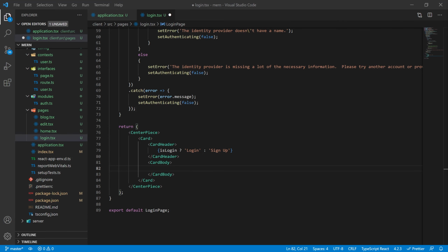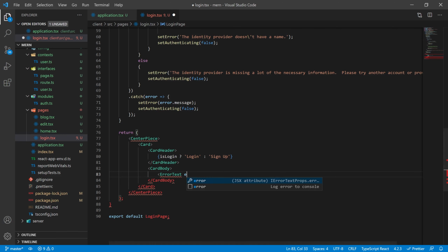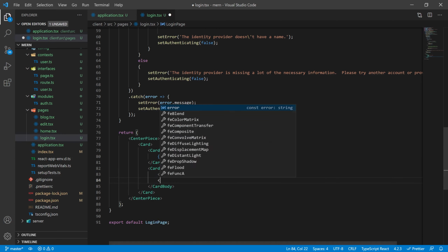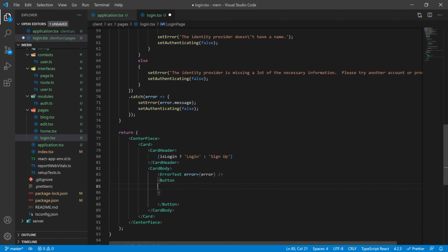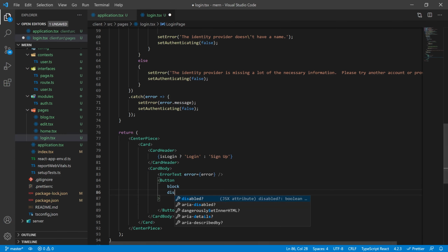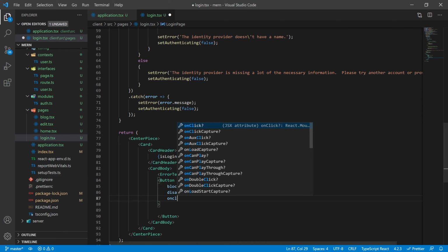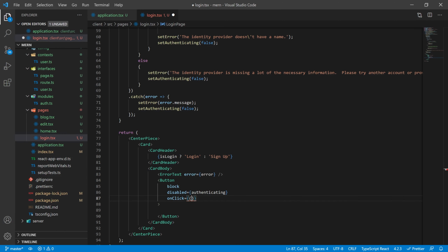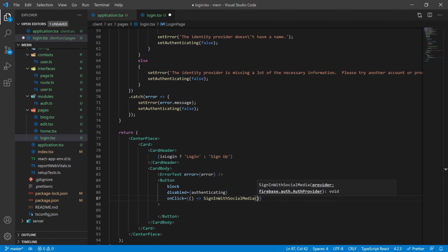So you can go ahead and pass that into the card body. And this won't render if there isn't an error, because it's just going to return null. But if there is an error, it's going to pop up at the top of the body for us. Now we're going to pass in a button. And this button is going to be our sign in with social media button. It's going to be a block. It's going to be disabled if we are authenticating, so you don't click it twice. On click, we're going to call our sign in with social media function. We're going to pass in the